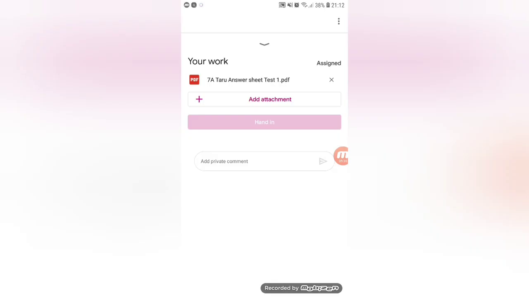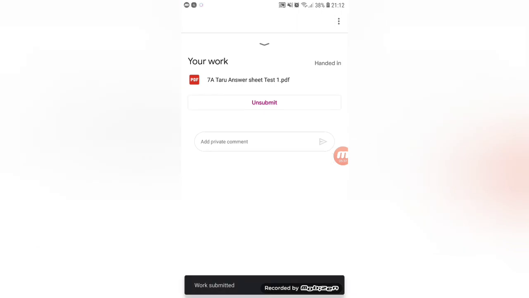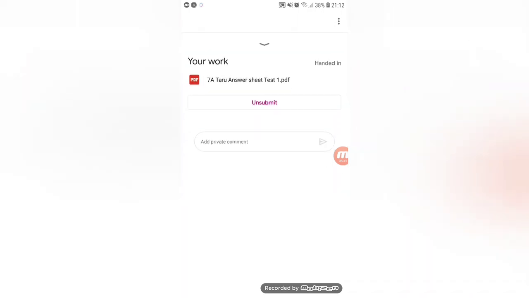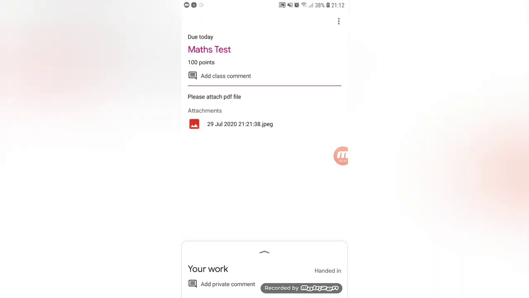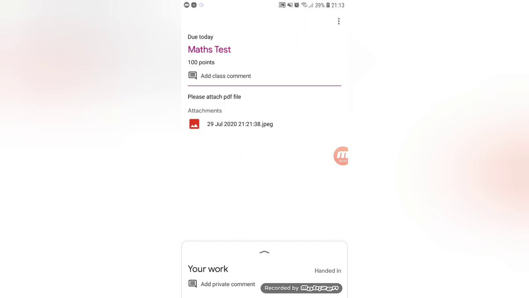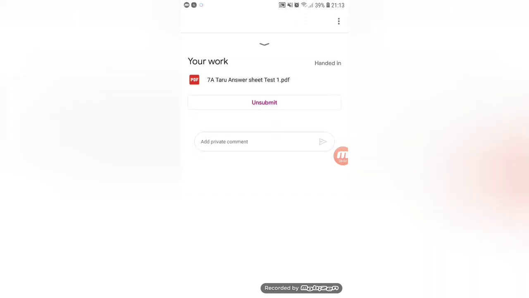That means now this attachment will be handed over to my teacher. So I have handed over my work to the teacher, and this assignment is done, and now the teacher can see it in her Google Classroom, where she will get my answers and she can easily check and assign points to me. I hope this will be very helpful for the students. I will again show it to you. You will move to your work, then you will attach the file there and you will submit. Hand in means you are submitting.